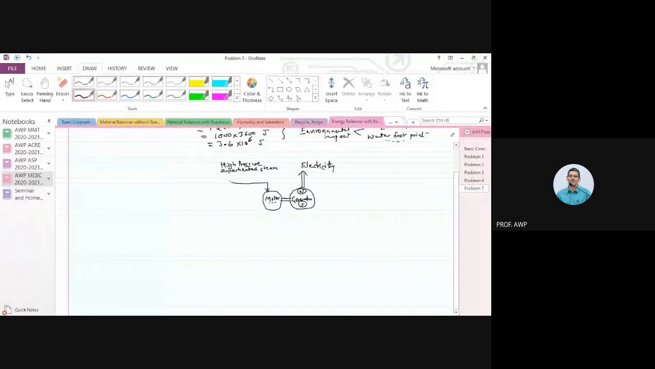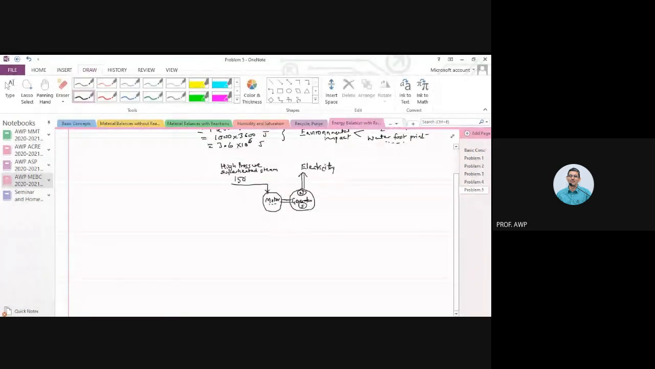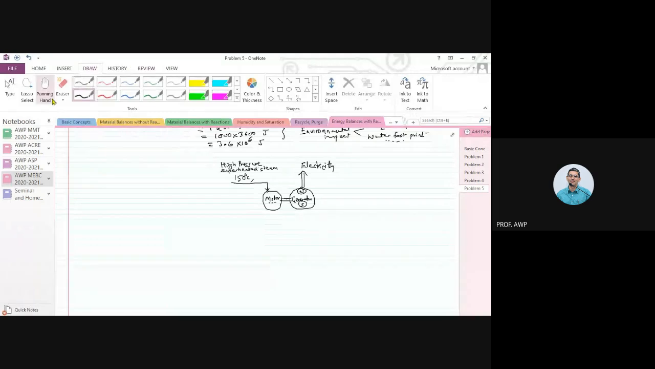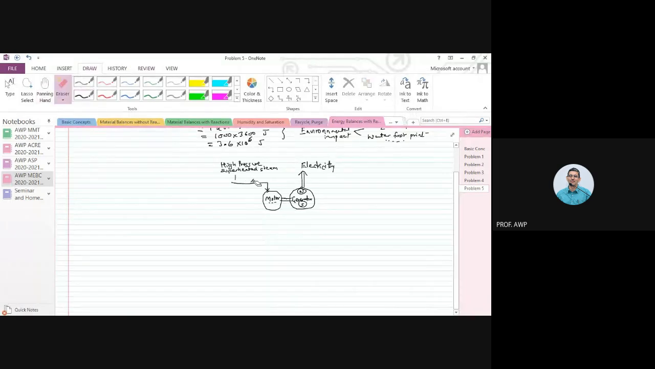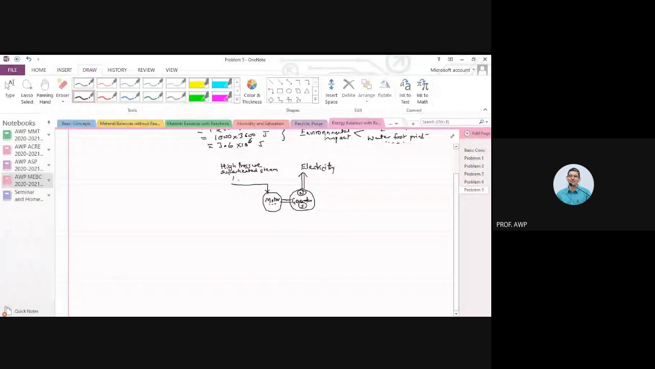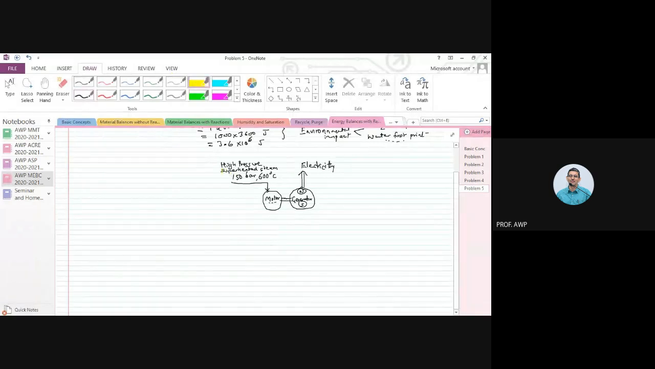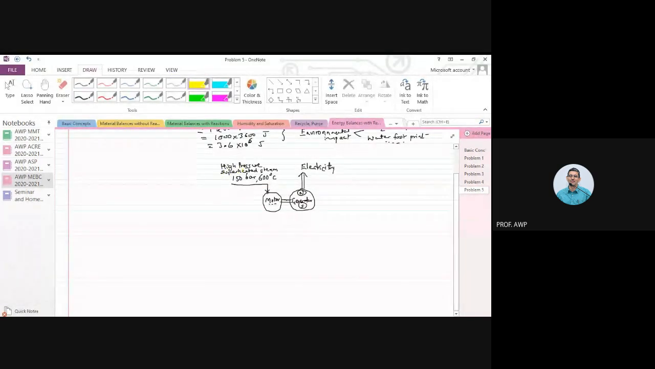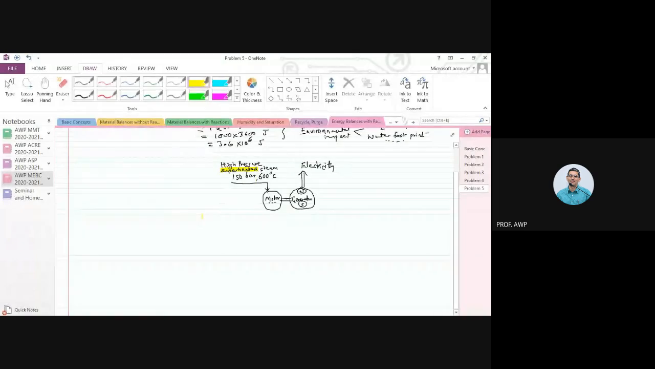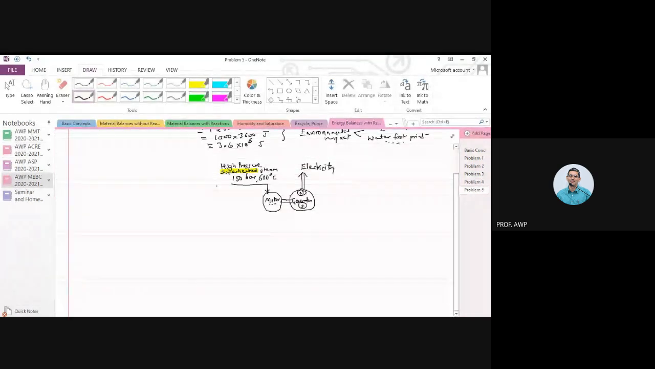So let's say this high pressure superheated steam is at 150 degrees centigrade. Sorry, not 150 degrees centigrade. It is at high pressure, 150 bar and 600 degrees centigrade. Recall the lecture related to steam table. What is the meaning of superheated? The temperature is more than the saturation temperature corresponding to 150 bar. So this steam, high pressure superheated steam, is going to